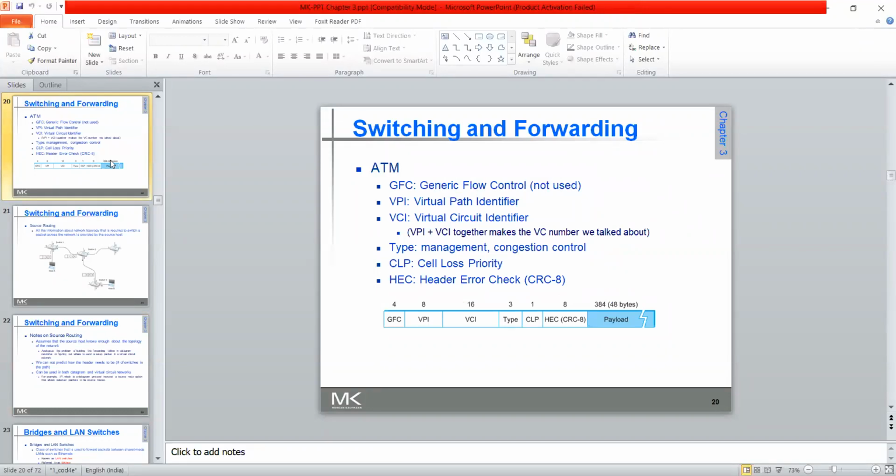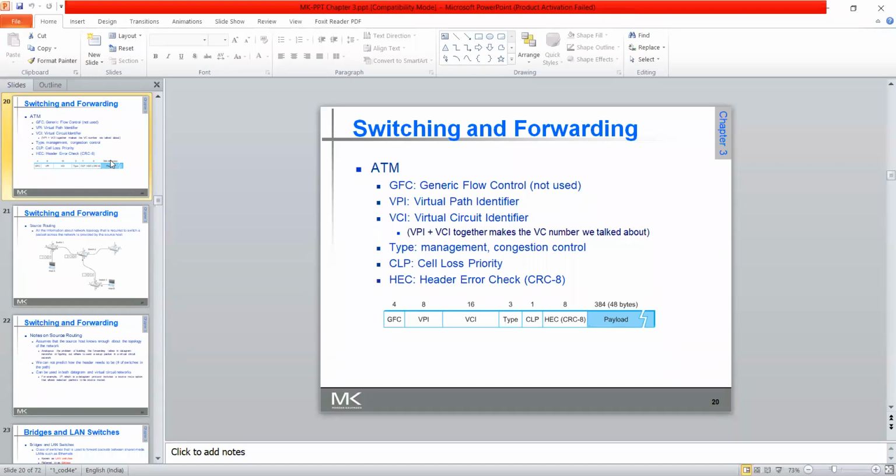Now coming to the next thing, ATM. The main thing is the GFC, that is generic flow control. That is not used actually, but what it is for, I will tell you later. First you come to VPI, virtual path identifier, then VCI, virtual circuit identifier. These two things are very much important here. VPI plus VCI together makes the VC number we called above.